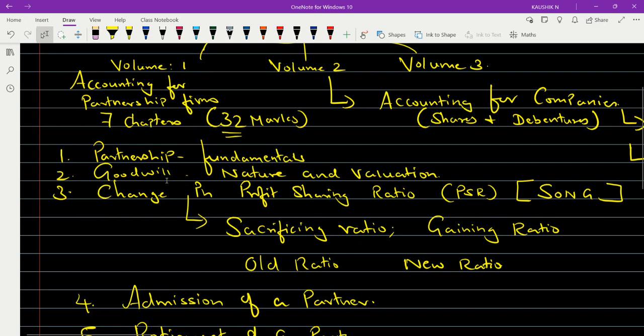So, what is a partnership deed all about? Suppose there is no partnership deed in the business, then if any problem arises among the partners, how will the problem get resolved, and what is the solution for those problems? And if any error has happened in the distribution of profits among the partners, or in the distribution of interest on their capital, or in the distribution of salary or commission if applicable, or if any interest on drawings has been charged,